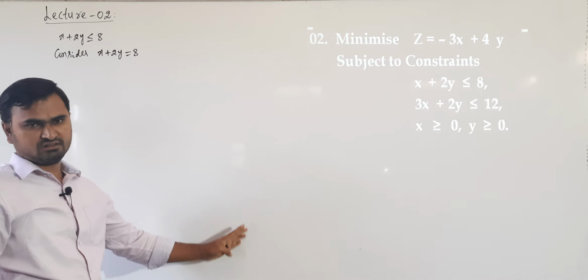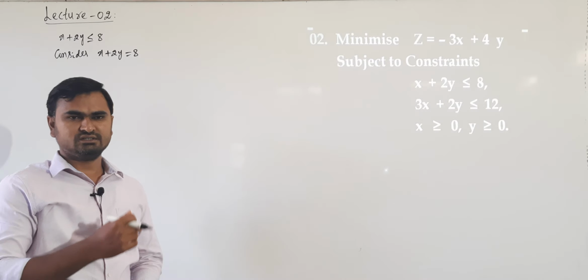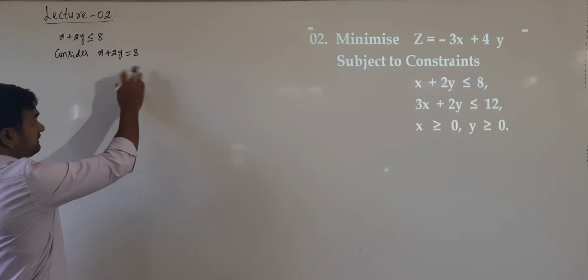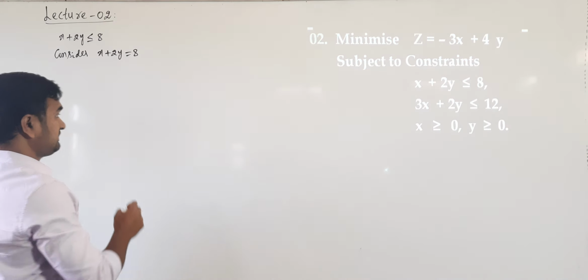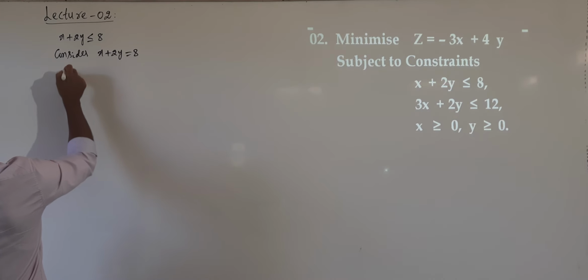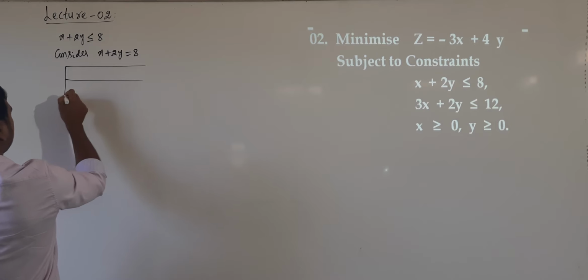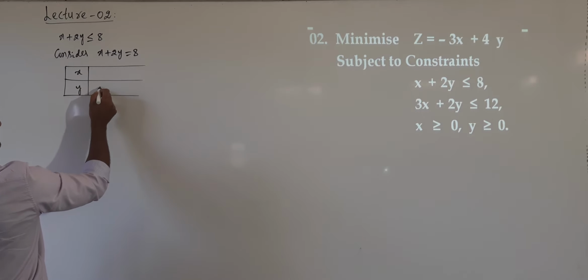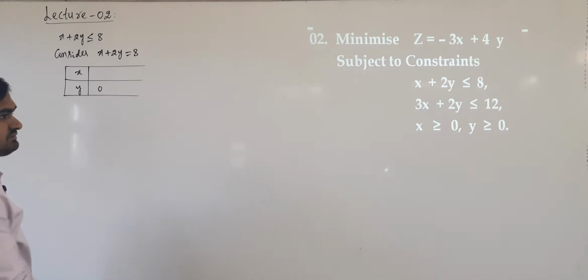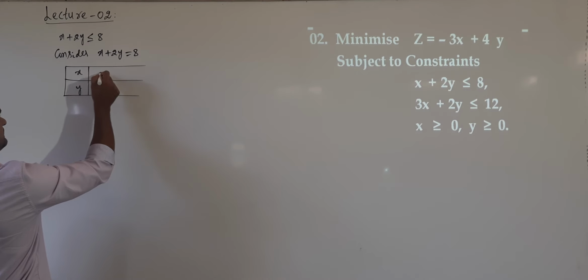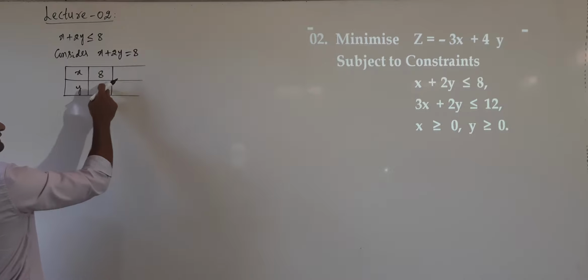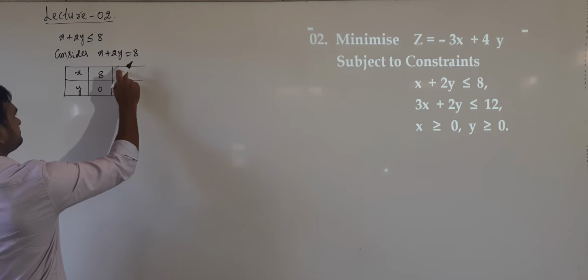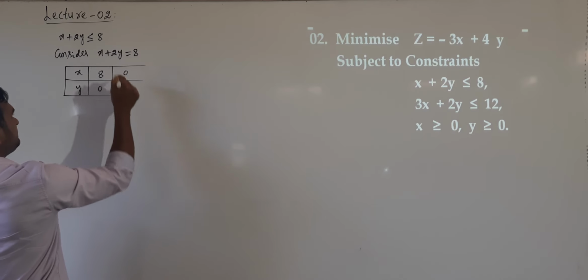Now to draw this straight line, we need any 2 points. Usually we take the points on the coordinate axis. Okay. So take x equal to 0, we will find the y value, and take y equal to 0, we will get the x value. So that I can write in the form of a table. Here I will take x value, y value. Suppose y is 0. Now y is 0 means what is the x value? Y is 0, x will be 8. So what will be the point? 8 comma 0, that is 1 point. Next, if I take x 0, when x is 0, what is the y value? 4.